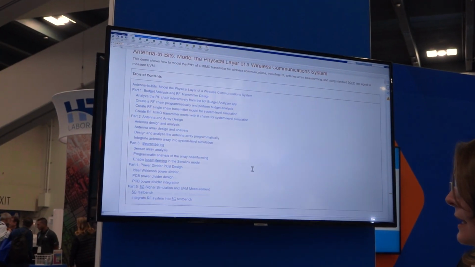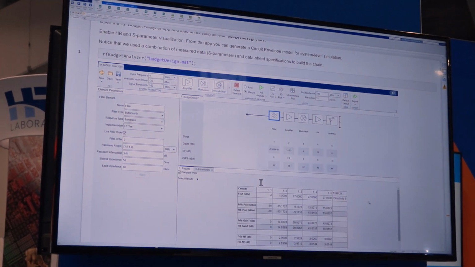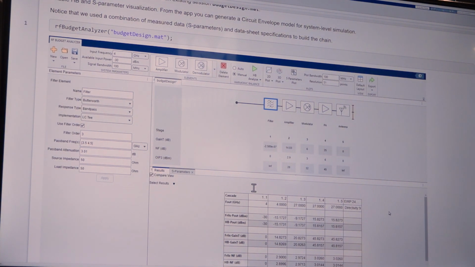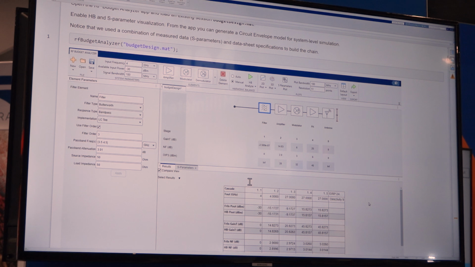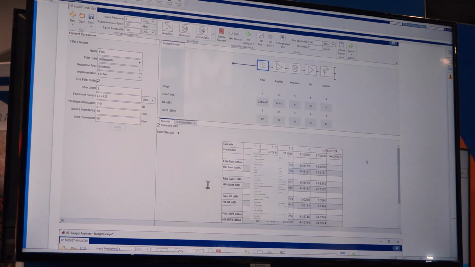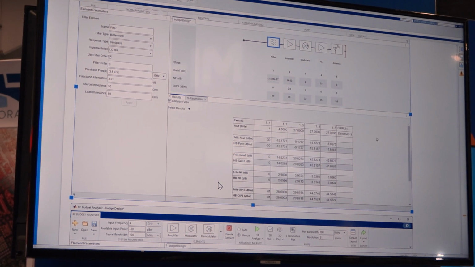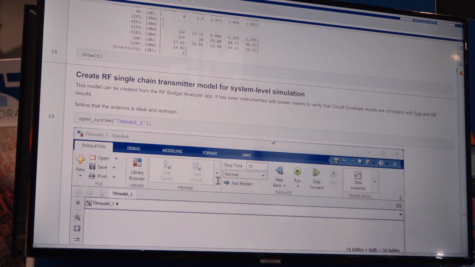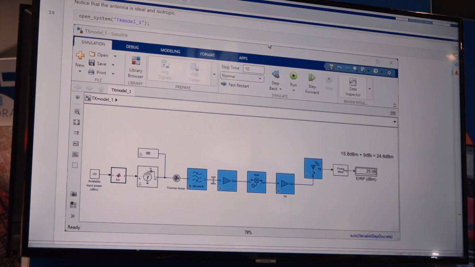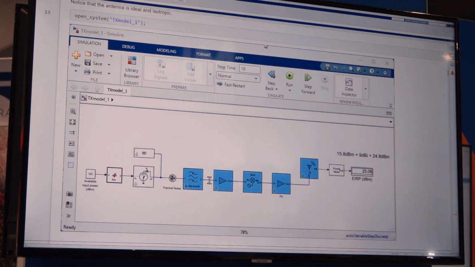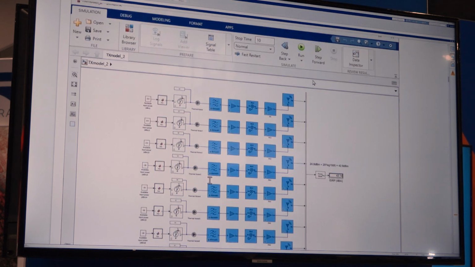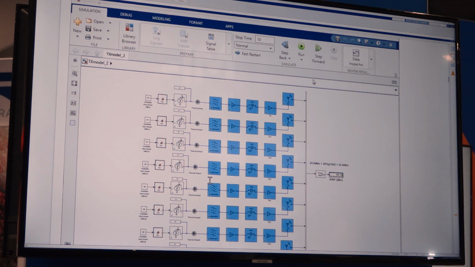In practice, how does it start? Well, you can just start using MATLAB and perform RF budget analysis. You can choose different components, different impairments, and stitch them together and analyze the chain. You can analyze the chain both with frequency-domain and harmonic balance. Then you can generate a model for simulation. This means that from this model you can start integrating more and more components. In this case, we have a single chain that gets replicated 8 times to model a transmitter with 8 parallel